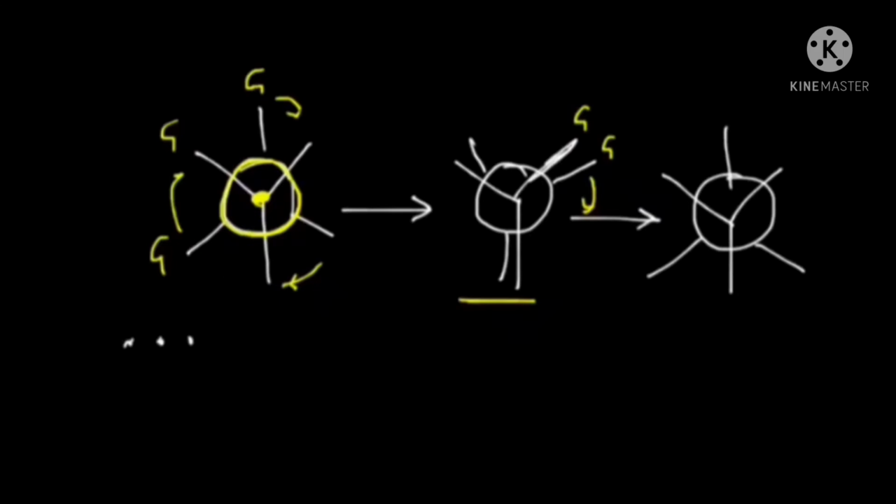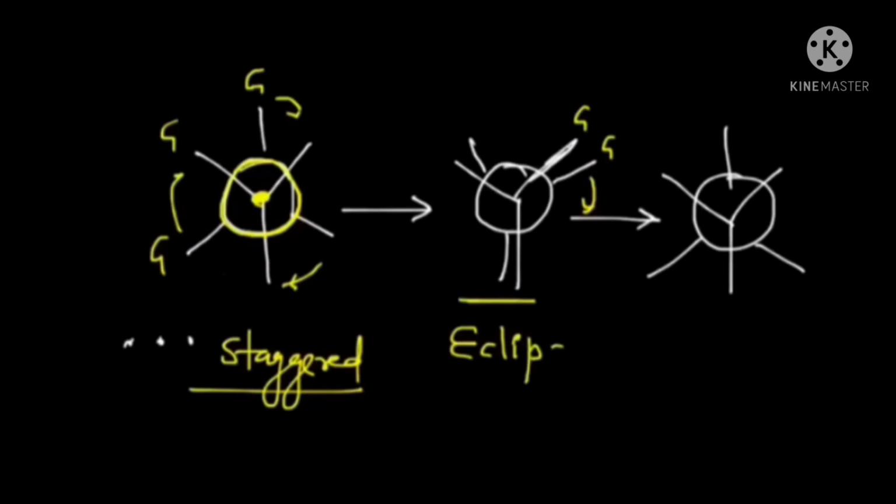It might be possible that these groups are different. Anyway, what do we call these two positions? When they are far apart, we call it a staggered position. Alright? When the groups are far apart, it is called staggered. And when there is a group behind another group, that is, there is congestion, it is called the eclipsed position. The name is fitting because this front group is eclipsing the group behind. So this is the eclipsed position.